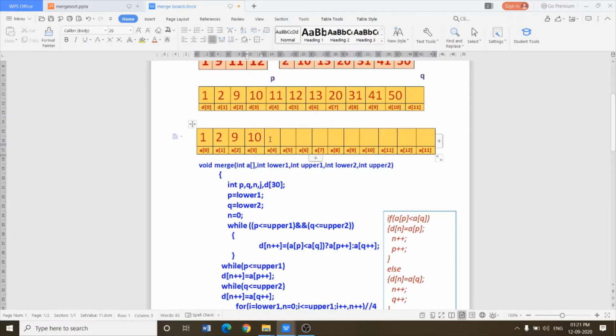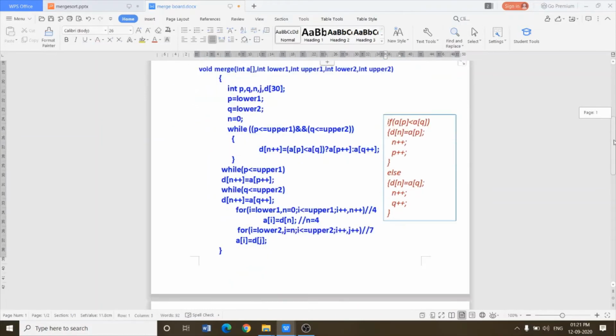So copy 11, then 12, then 13, then 20, then 31, 41 and 50. I repeat, this loop will execute 7 times because I start from the value 4 because value of n is 4.